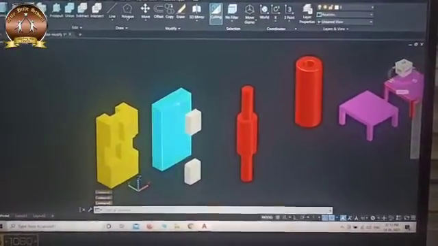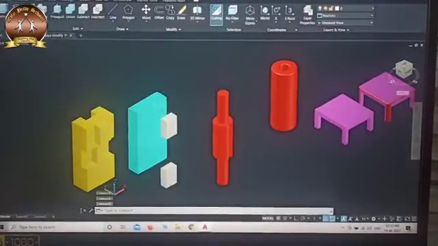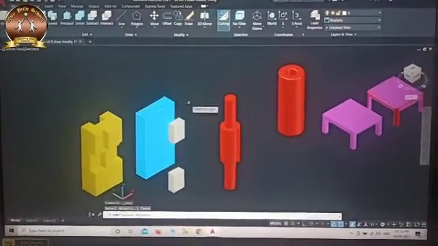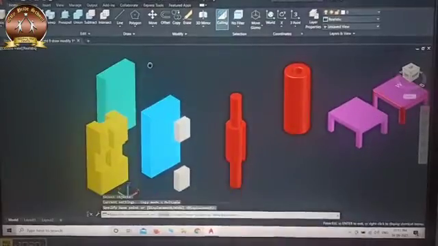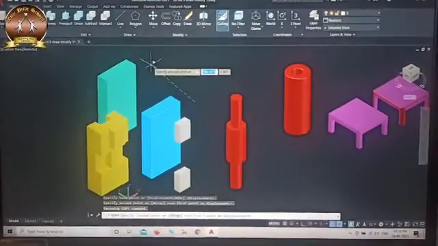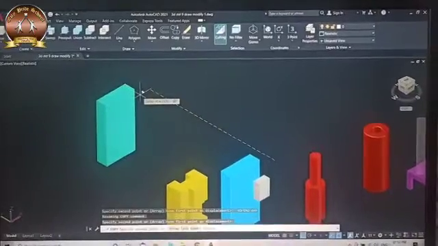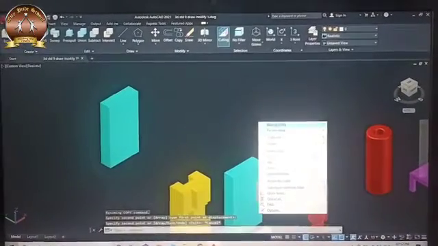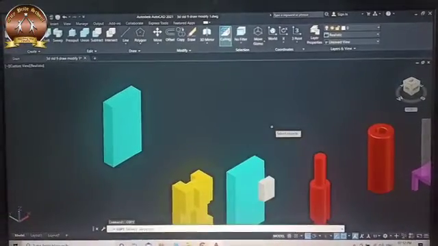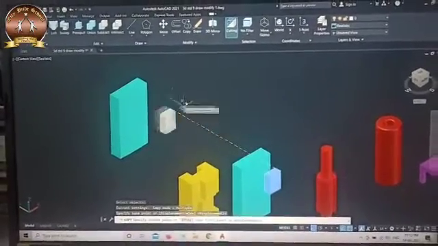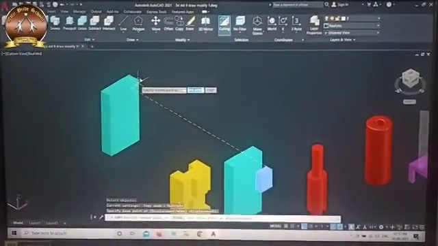Now we will try some jobs using copy. Suppose I copy this rectangle. Now I copy this rectangle, and here I again copy this job to here, at the end of this.